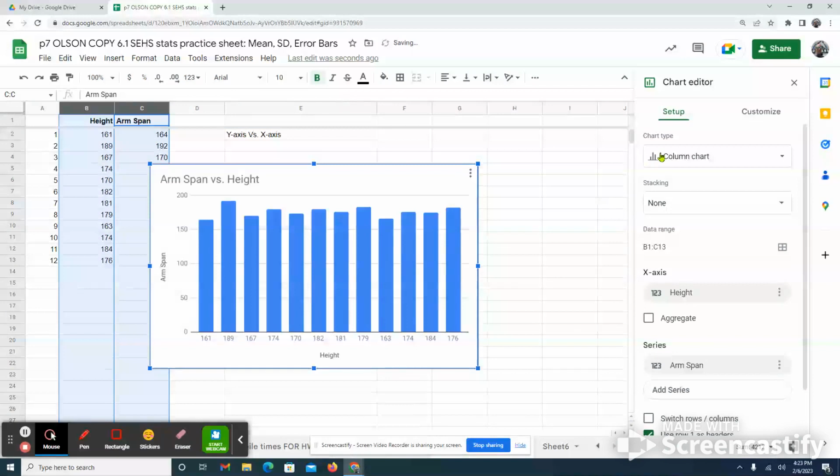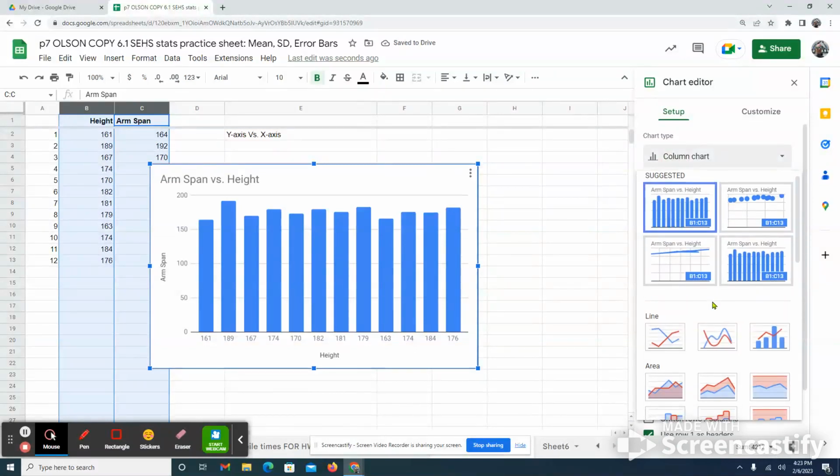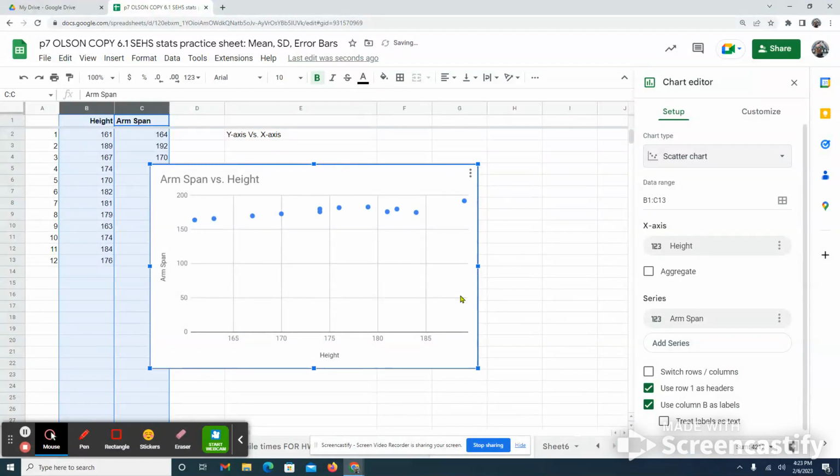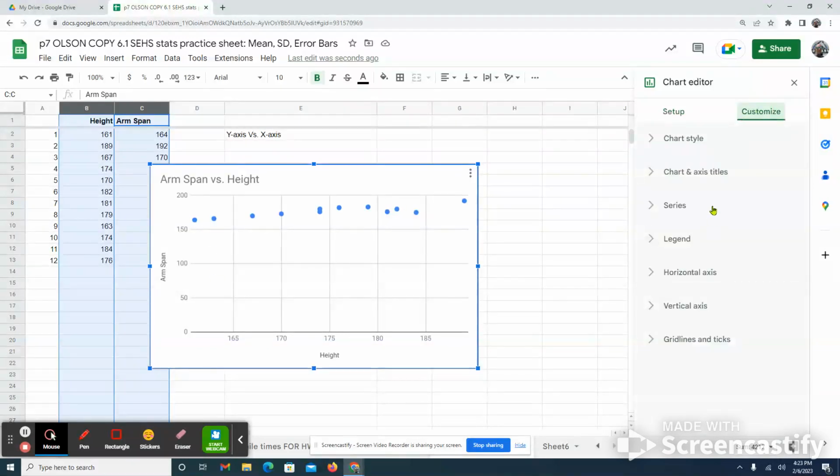For correlation, we want to view this as a scatter chart. So go down, select the correct scatter chart. I'd like to get rid of all these values down here that aren't helpful. So for that, under Customize, I'm going to set up my vertical axis to just